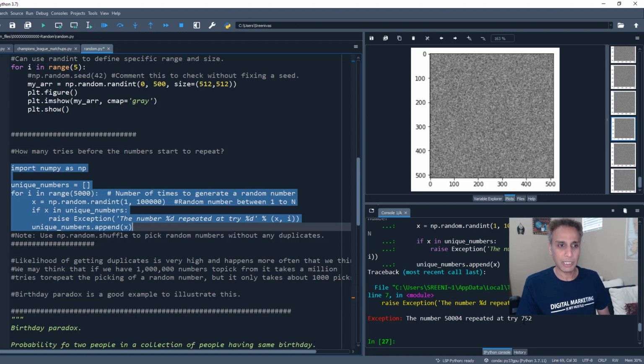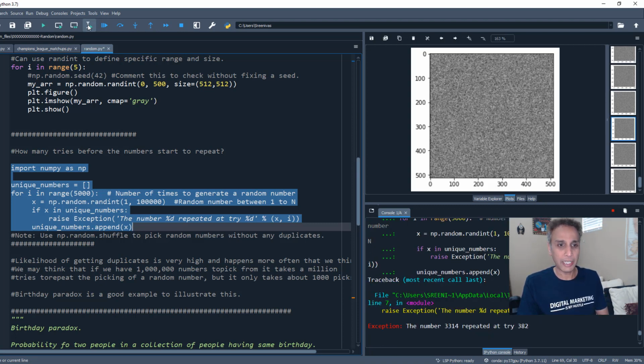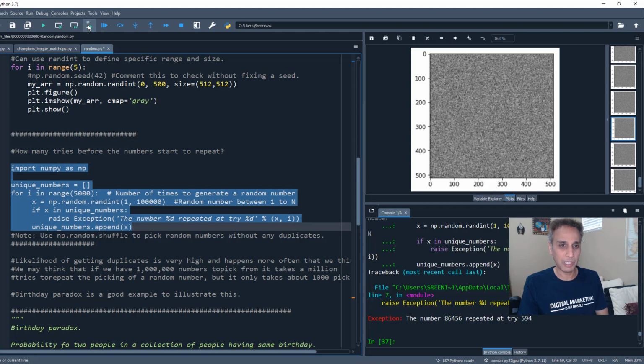And 752. That's not bad, right? Even though we have 100,000, within 1,000 tries, we start to see the repetition. Here it's only 600, only 400, now 200, it's decreasing, and repeated at try number 66, now 138. You see, the highest number we saw, no matter how many times I do this, is about 1,000, and most of the time it's averaging around 300 to 400. As you can see, now it is 700.